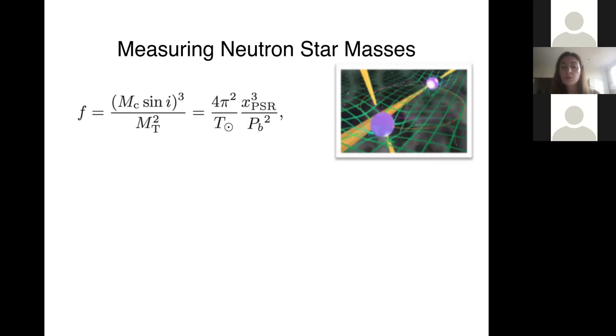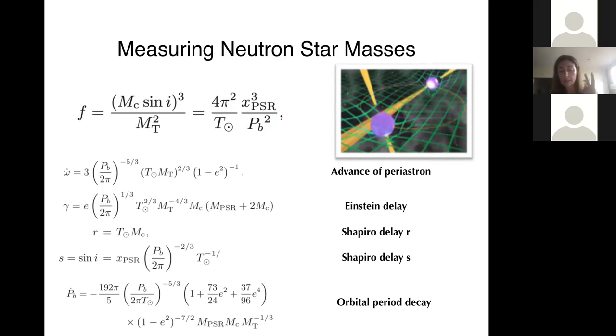So, measuring neutron star masses through pulsar timing: if the pulsar is in a binary, the first thing that is measured is what is called the binary mass function, as soon as you know the period and the projection of the pulsar's orbit on the observer's line of sight. But this in itself is not enough to get the pulsar and the companion mass. In order to go beyond this binary mass function, one needs to measure at least one, but really two, of the relativistic effects that are typically parameterized as the post-Keplerian effects on the